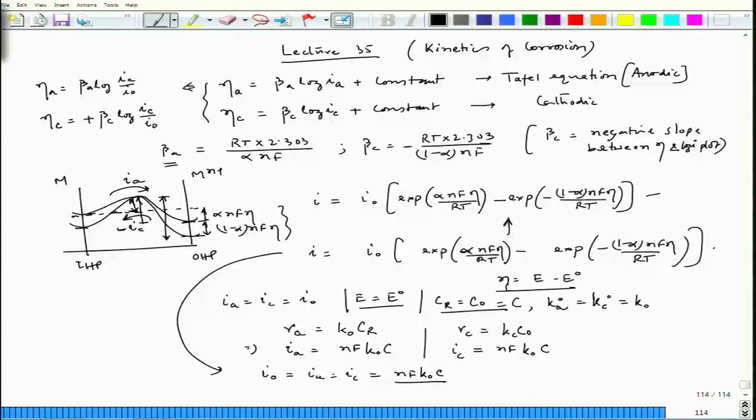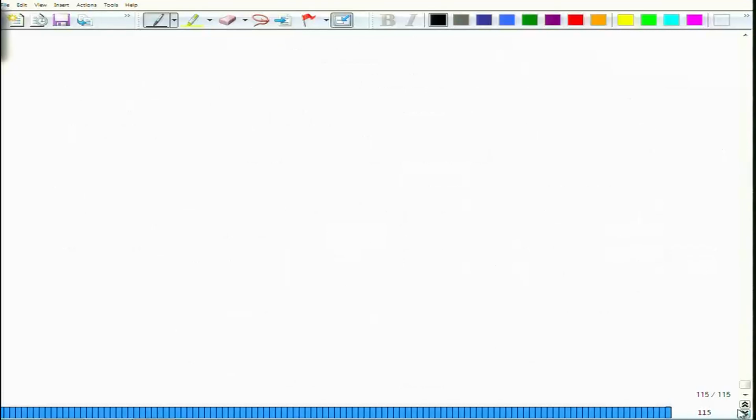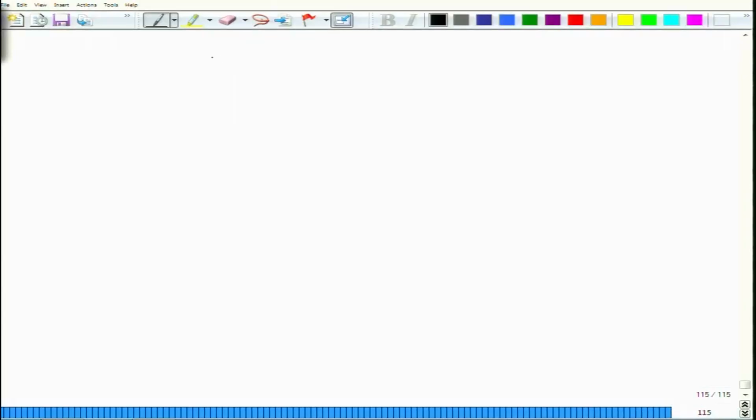Now, coming back to these two equations. These two equations are very, very important when we try to look at the corrosion part. Now, before we try to relate this corrosion theory, corrosion of metal with these Tafel equations, first see how they can be plotted. In fact, when I consider this overvoltage, let us say ηa equal to βa log Ia plus constant,